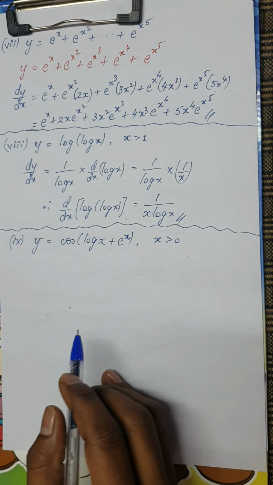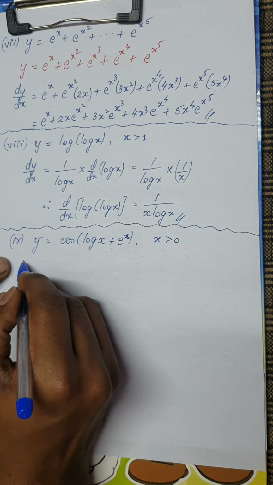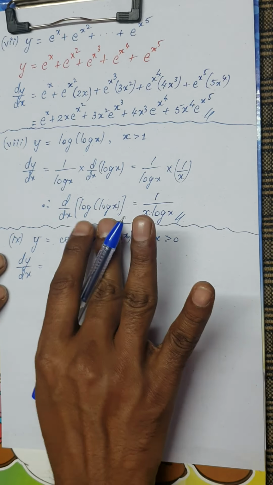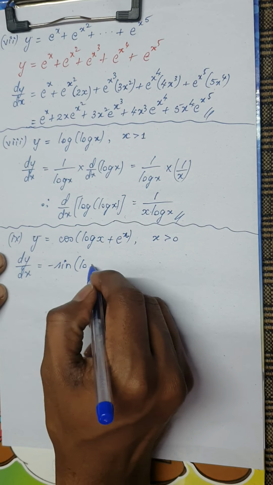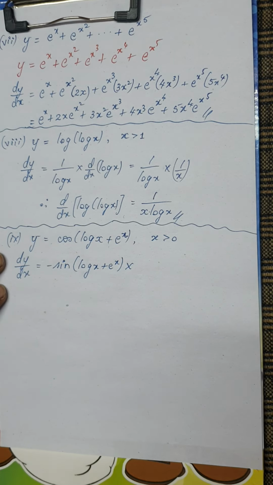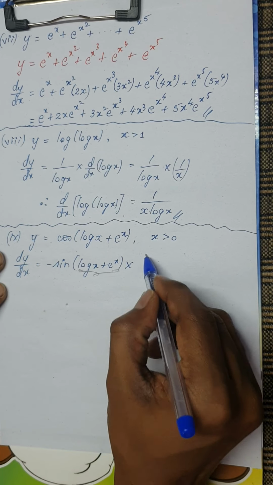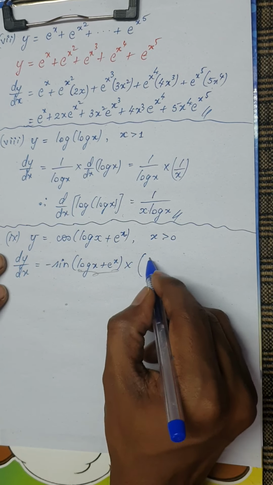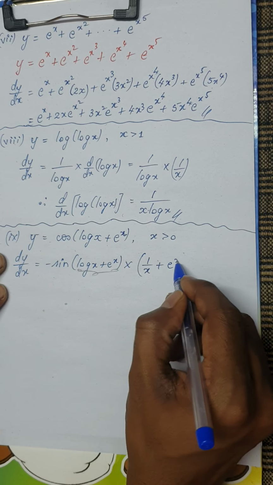Moving on to the next question, friends. I have y is equal to cos of log x plus e power x. Dy by dx, that is the derivative, is given by, this looks like cos of f of x. This can be written as derivative of cos, we know it is minus sine of log x plus e power of x into, remember you have to differentiate this f of x, and again here this is sum of two functions, so you can write this way. So split it up and write the derivative. Derivative of log x is 1 by x plus derivative of e power x will be e power of x itself.